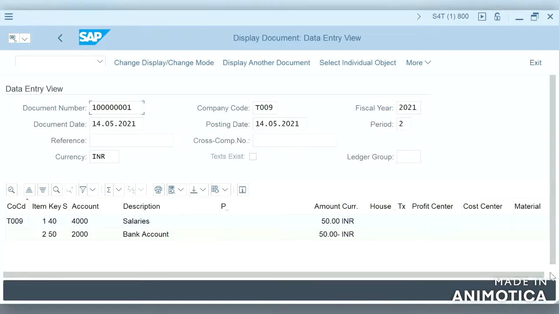If we had activated the controlling area and assigned a cost center to this expense account, it would be another scenario of how it would react.